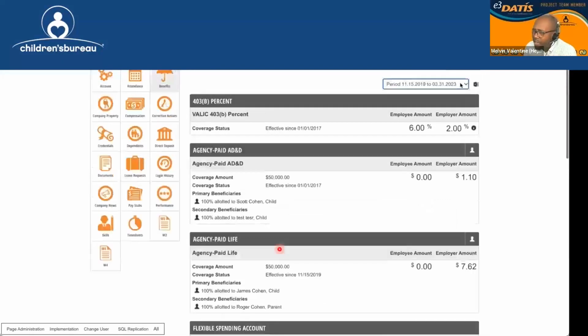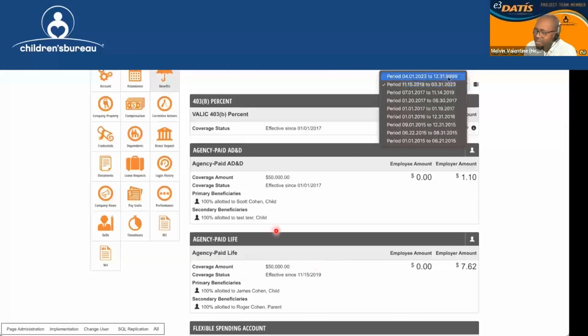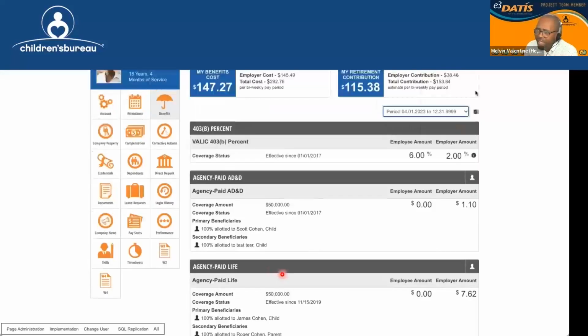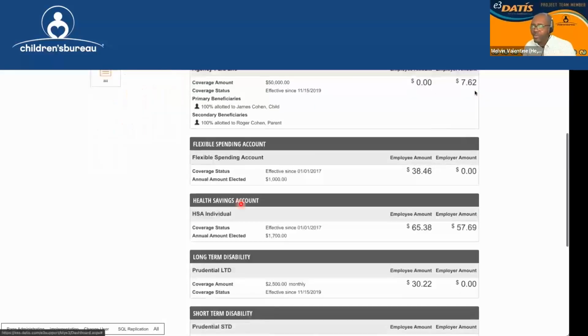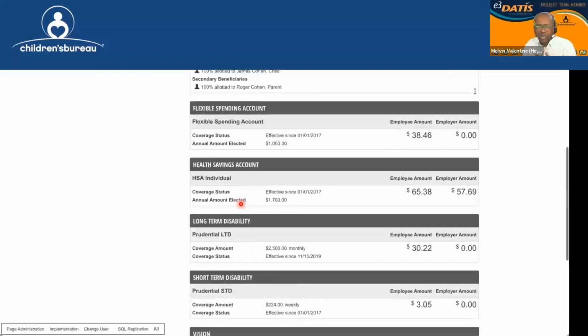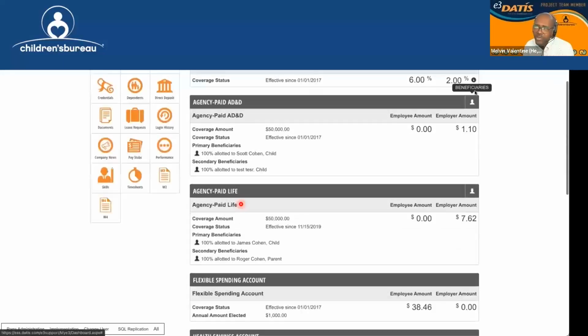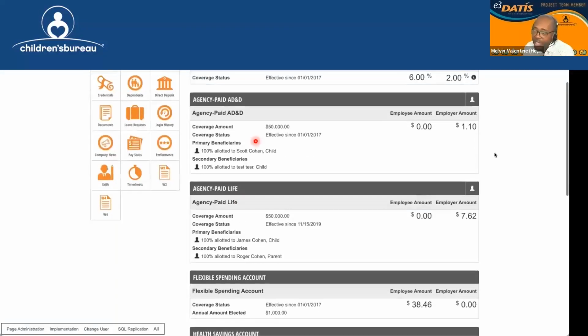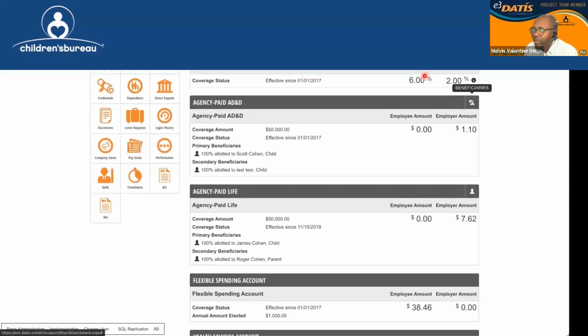Let's see, looks like my life insurance, health insurance, everything. I can get a snapshot view. I like all these snapshots because sometimes we need to go and just get personal information and share it, well, probably for personal reasons. So with this, I'll be able to get a snapshot of all my benefits that I have available. In the upper right-hand corner, as we scroll back up to the top, you're going to notice that